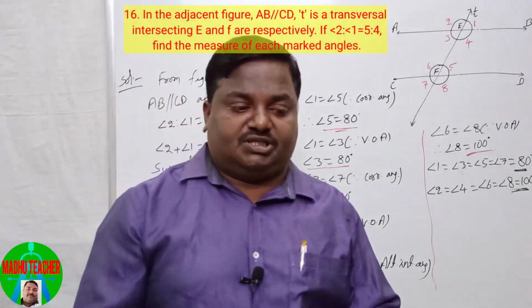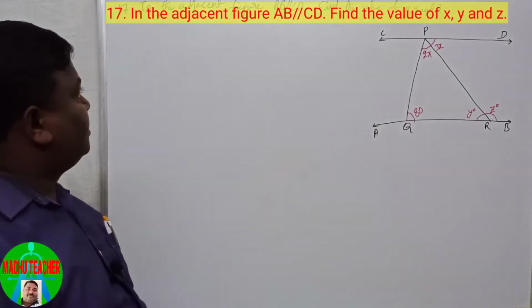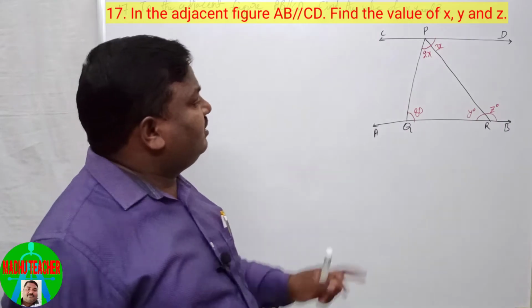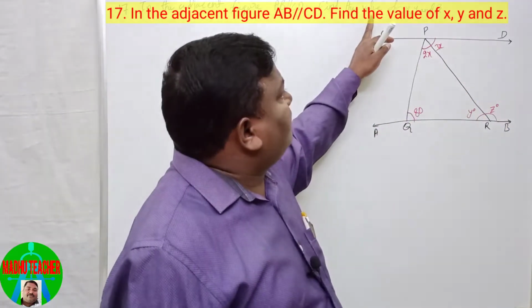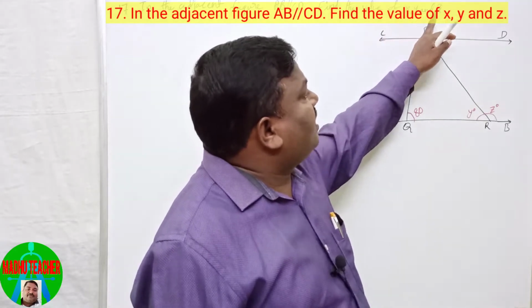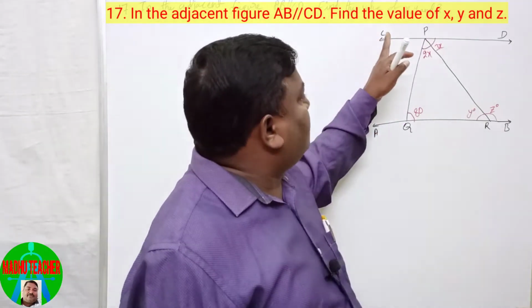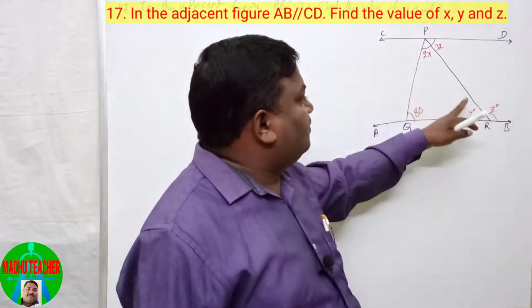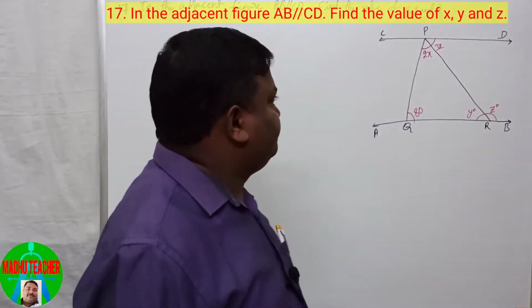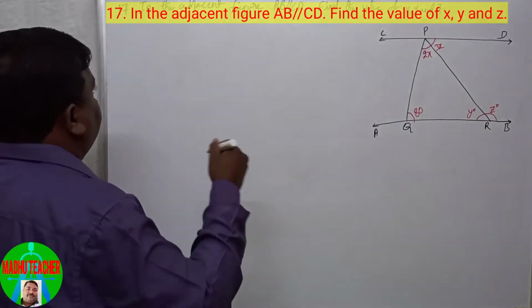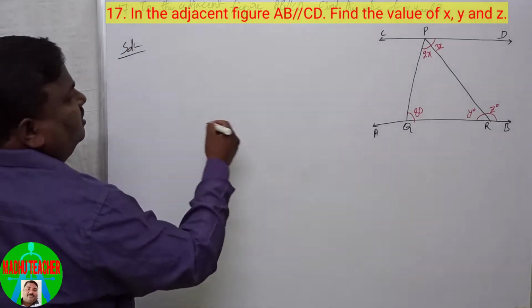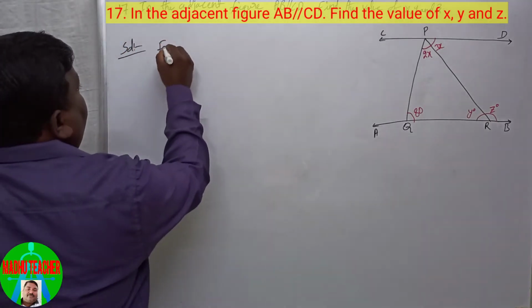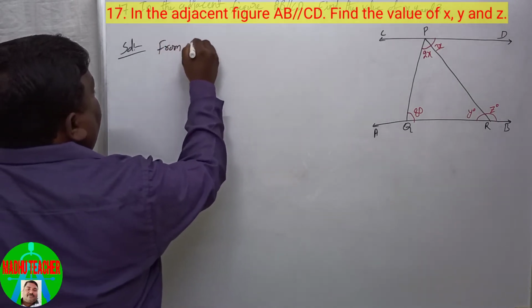Next, the 17th one. In the adjacent figure, AB is parallel to CD. Find the values of x, y and z. So first of all, I'm writing the given. What is given? From the figure,